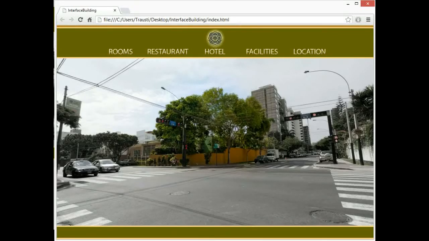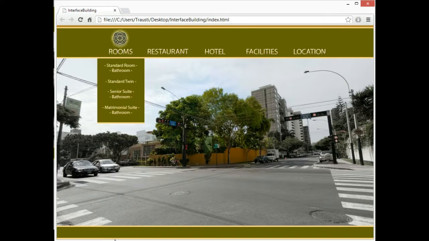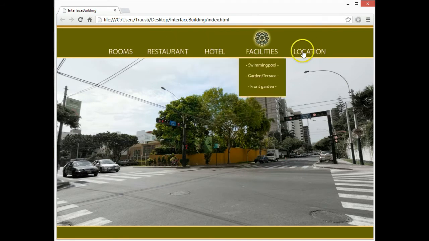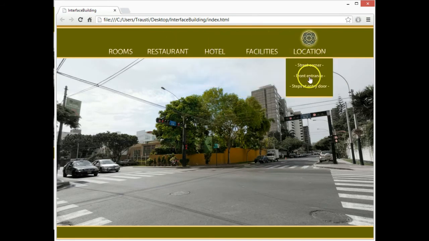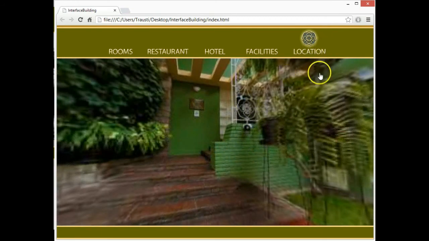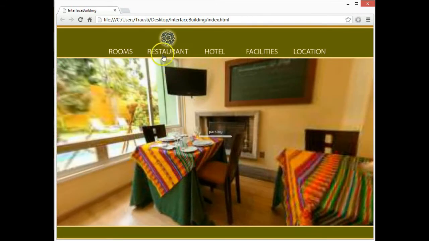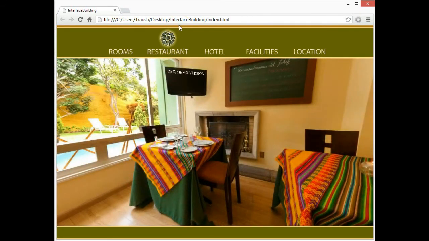The goal of this tutorial is to teach you how to make a drop-down list interface like this one here, where this will move to the category that you click on, and there is a drop-down where the panoramas can be entered. Like I click here, it opens the panorama, the list goes up again. Go to the restaurant, and we'll go to the restaurant, up goes the list, and the logo is over here indicating that you are at the restaurant,